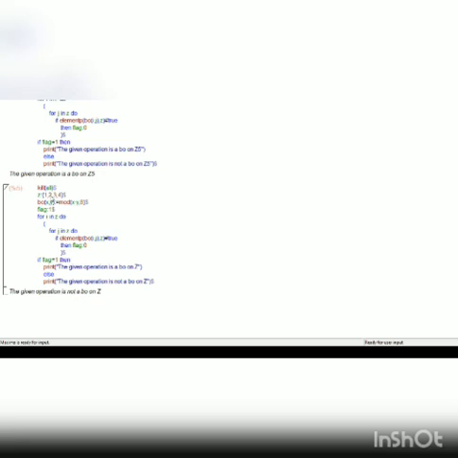See, when you multiply 2 and 3, what's your answer? 6. 6 is not an element of Z. But 2 and 3 are values of Z, and their product is not in Z. Therefore, closure law fails, and hence it is not a binary operation. This is how you can write the Maxima program and execute. We'll continue with program 3 in the next class. Thank you.